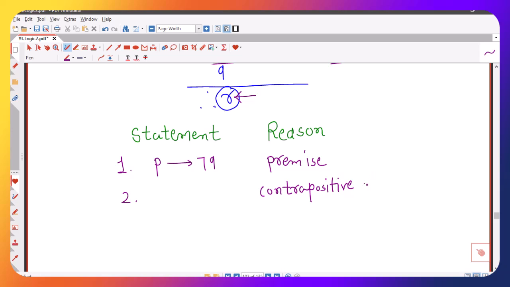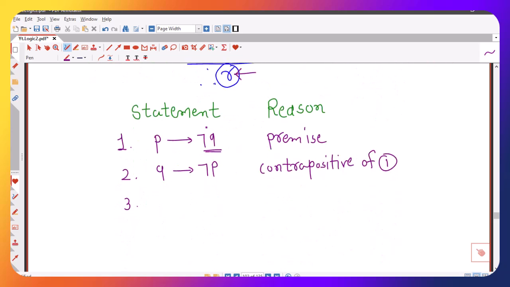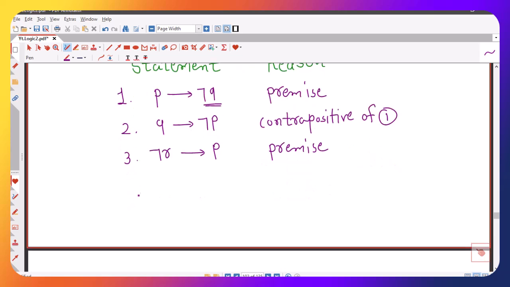Contrapositive of 1. So the contrapositive of P implies negation Q is the negation of negation Q, which is Q implies negation of P. Then I am writing the second premise, which is negation R implies P. This is our premise, and we write down the contrapositive of negation R implies P, which is negation P implies negation of negation R, that is R. So here we have taken